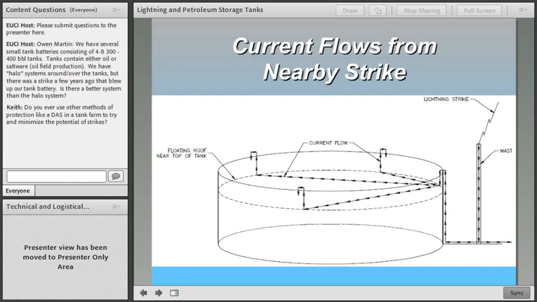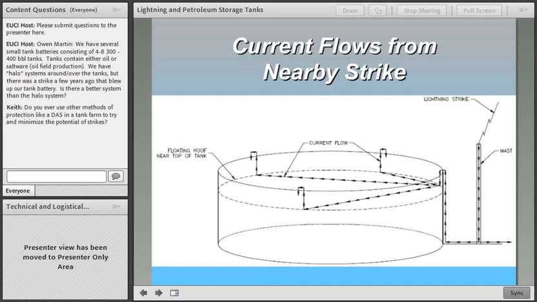If you were to think about this picture here, let's suppose you had a mast. Suppose you had 2 masts, one on either side of this tank, and a wire going between the 2 masts. You would effectively have an overhead shield wire. If there was a lightning strike to the overhead shield wire,